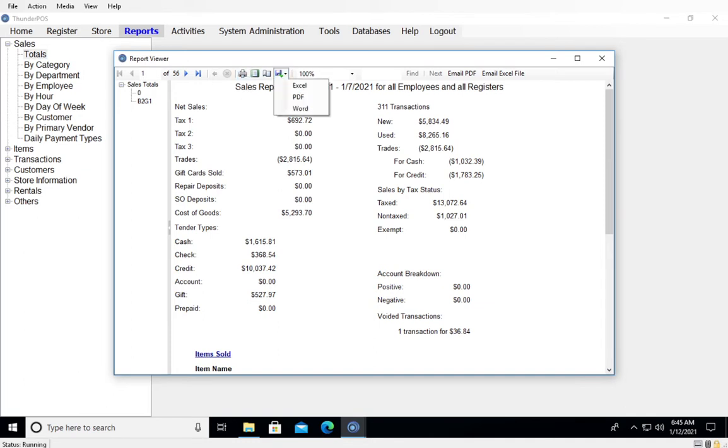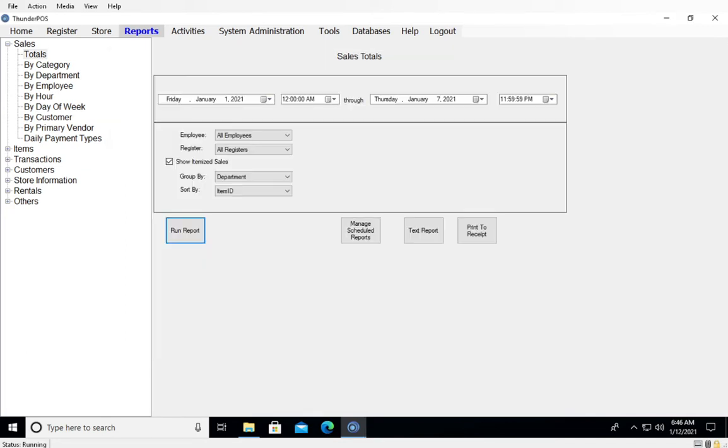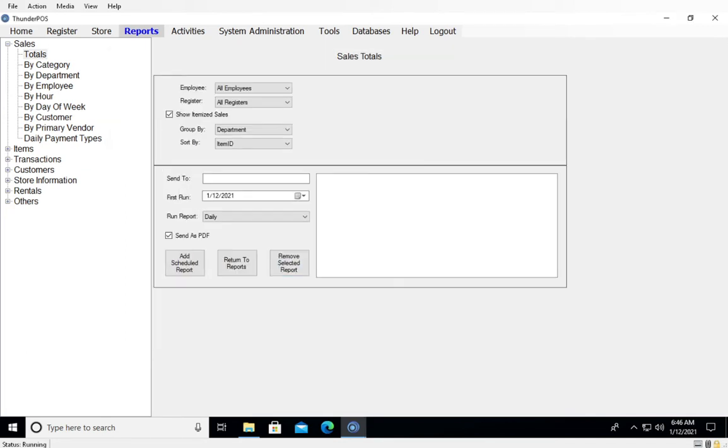You can export the report. And then if you have your email configuration set up, you can send an emailed copy of the report in either PDF form or Excel form. Those particular links just send a copy of the report you have on screen. However, if we look here to manage scheduled reports, you can set up a recurring email to be sent